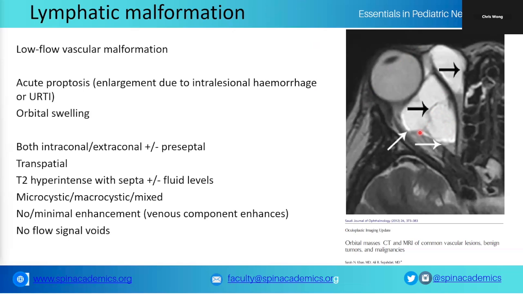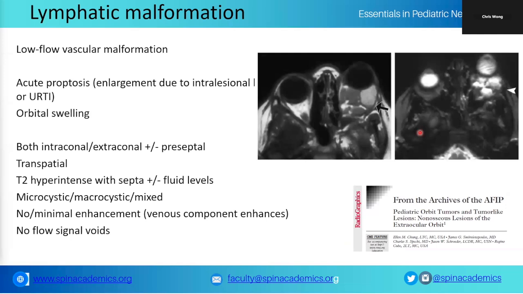It can be divided into microcystic, macrocystic, or mixed. The cutoff for the cyst for macro and micro is 1 centimeter. It usually doesn't have any contrast enhancement or may have some minimal enhancement at the rim or at the septa. If this is a combined lymphatic malformation and venous malformation, the venous component can enhance. And one important point is that there shall not be any flow voids within the lesion, which will suggest a high flow lesion. So in this patient, you can see the fluid levels here,